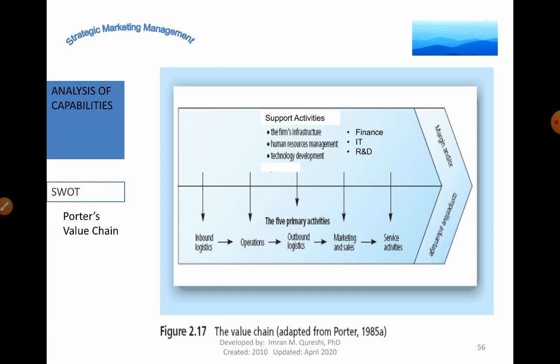And support activities are those that are supporting, that are enhancing the primary activities. So even if the primary activities are happening without any support activities or dedicated support things, the processes are going on, but you do not have dedicated departments or individuals or dedicated functions for it, you can still have a company. But if you look at the support activities, we have the company's infrastructure, human resources, technology development, that is, you can talk about it in terms of IT, R&D, and we have finance as well. So all of these are support activities.